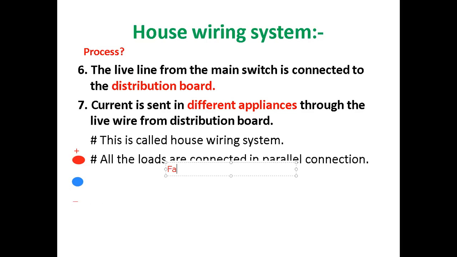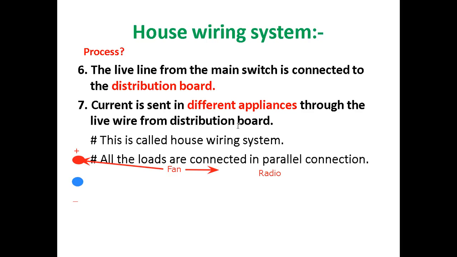For example, a fan. Then in series, what is done? Only one point is connected. Only one line is connected to any one of the two, whether this one or this one, anyone. I join one line to the phase point, and another line is connected with another instrument, for example, here is radio, and it is connected with the radio.